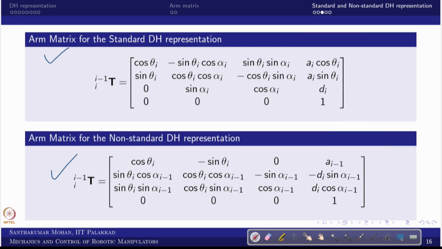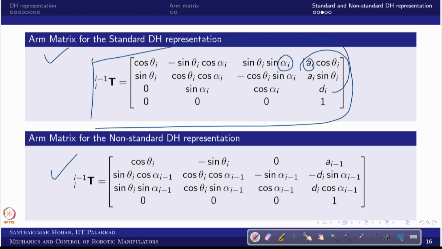Here the joint information is clear, but the link information, a_i and alpha_i, is proceeding the joint. The link parameter is the relative information of two joints. In this case it is the proceeding link, but in this case the current joint to the proceeding link, and the joint angle also would be that way. The link to link and joint to joint, which is an exact correspondence. That is why we use the non-standard, but some of the textbooks you refer to may give the standard form.